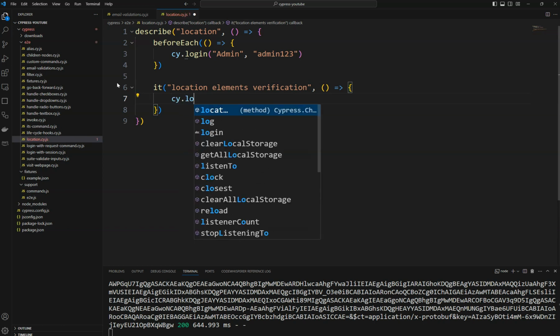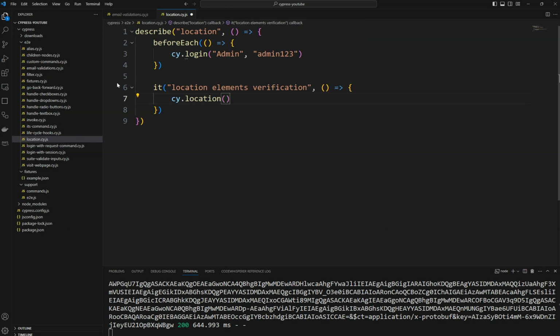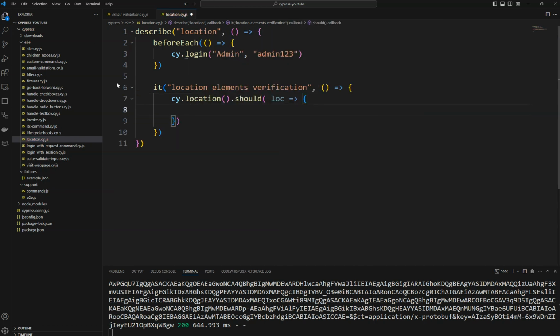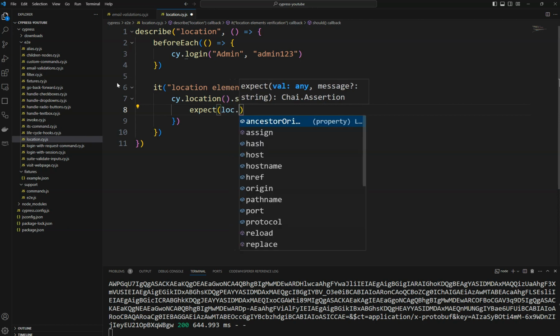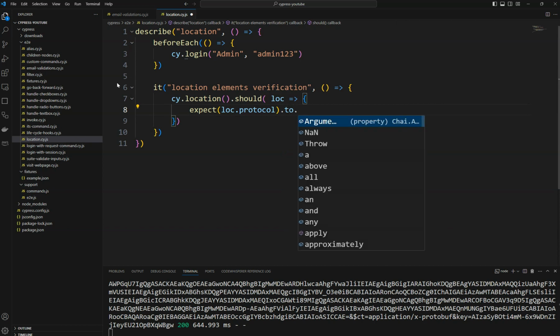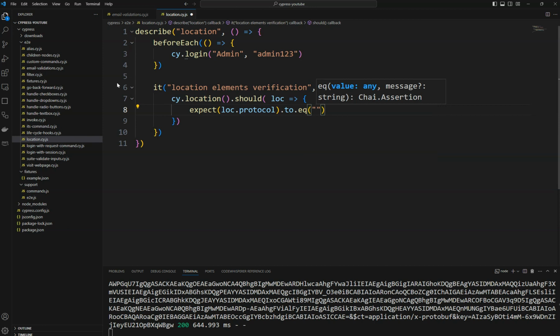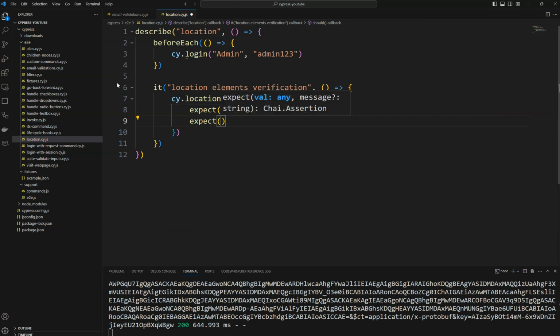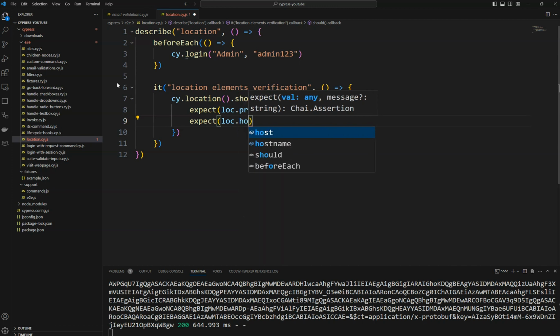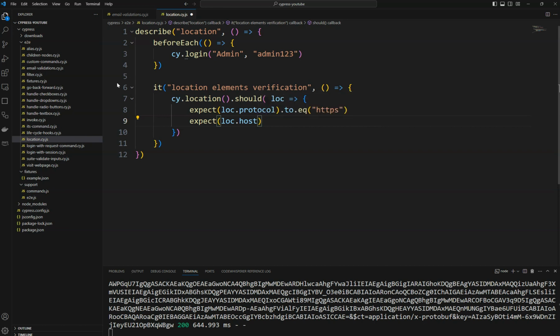You can use cy.location in two ways. You can use cy.location and then should, where we get a location object, and on that object we can invoke assertions. First I expect the protocol to be equal to HTTPS, as in our URL the protocol is HTTPS. The second one is the host in our URL, which should be equal to